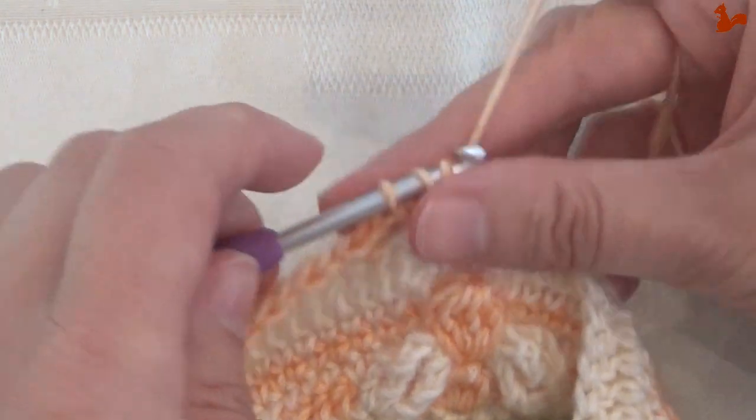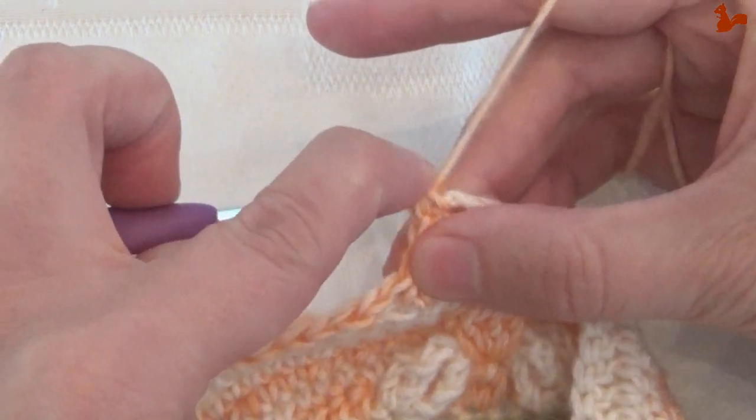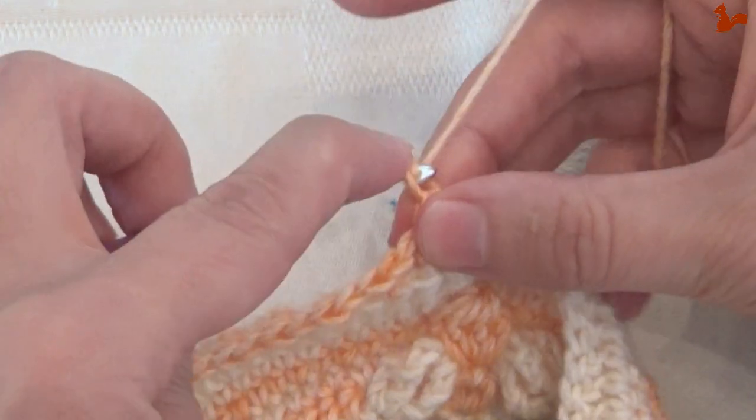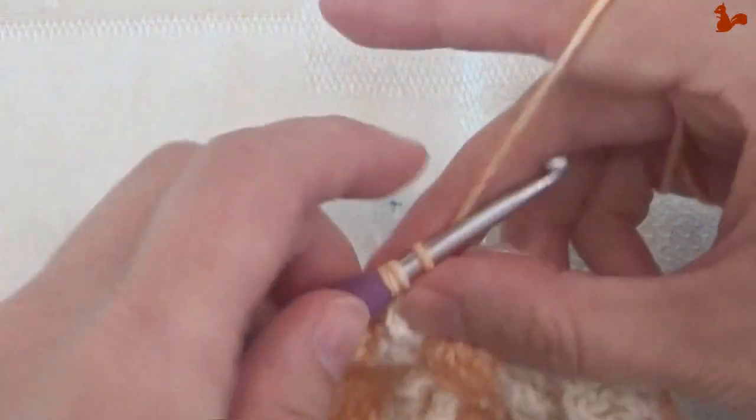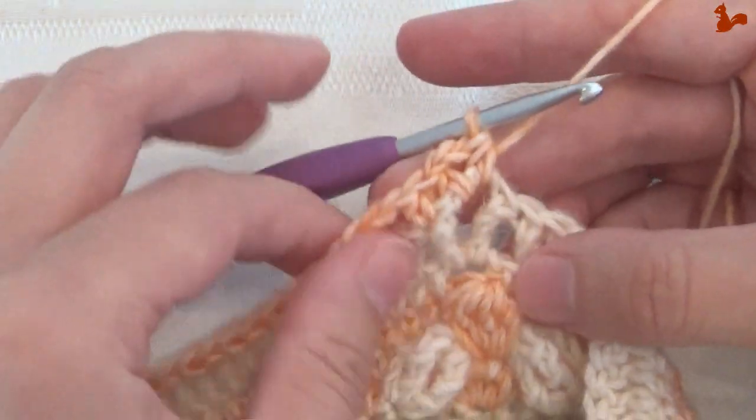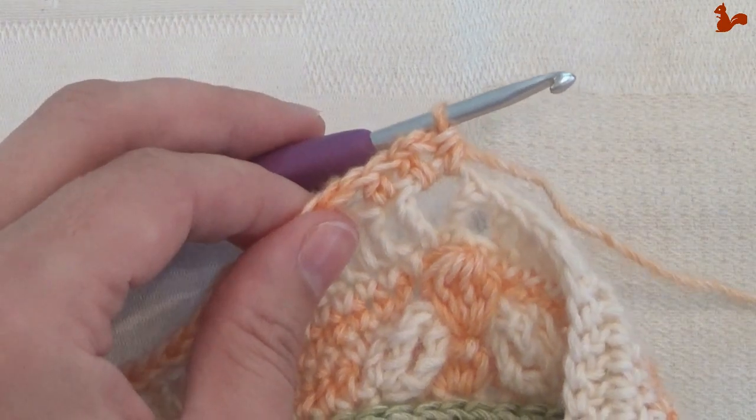In this space, work a half treble, chain 2, and a half treble. Now we're going to come down,